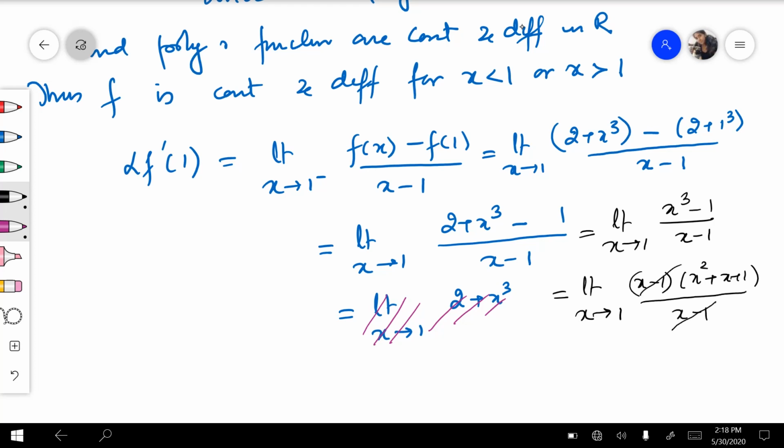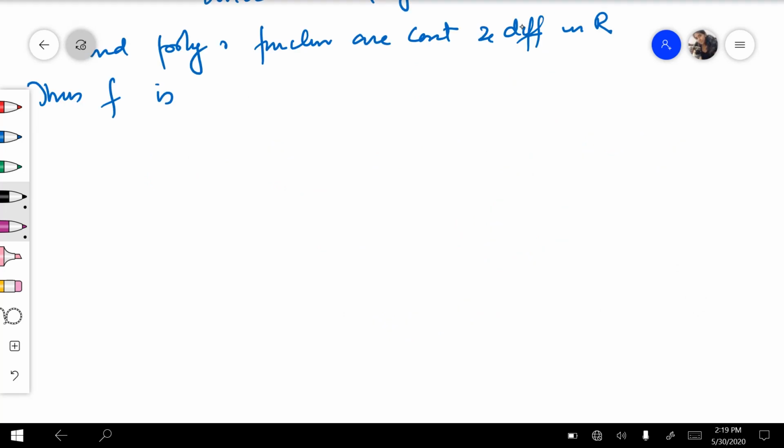This x minus 1 and x minus 1 cancelled out. जब आप x को 1 put करोगे,